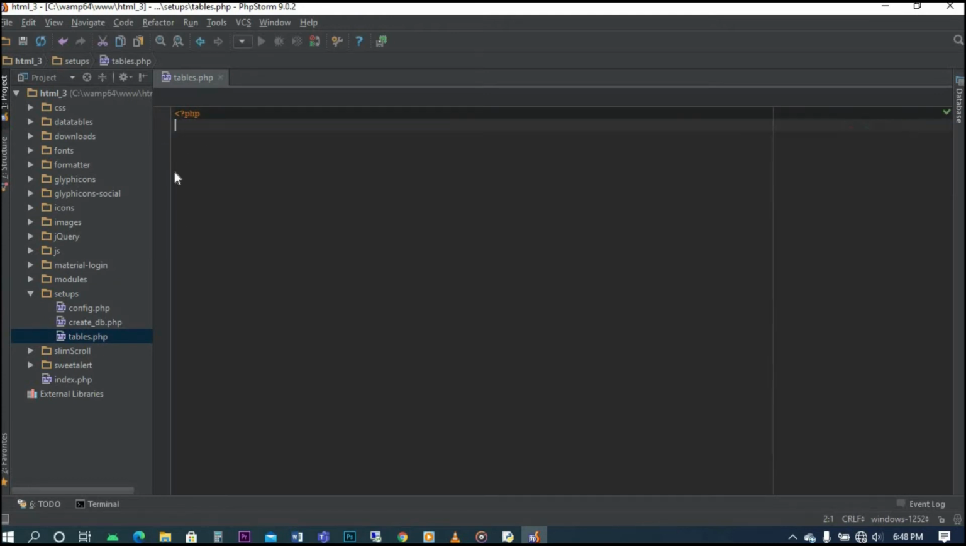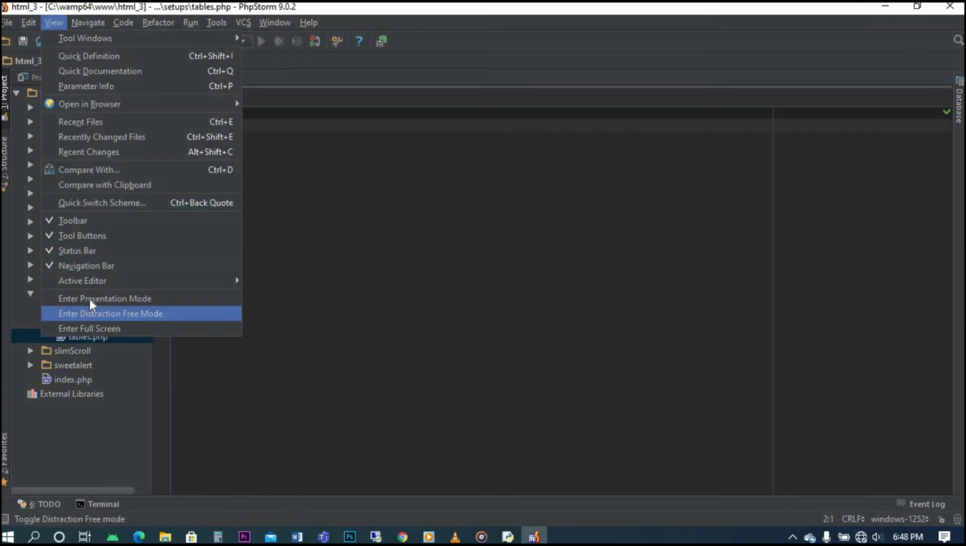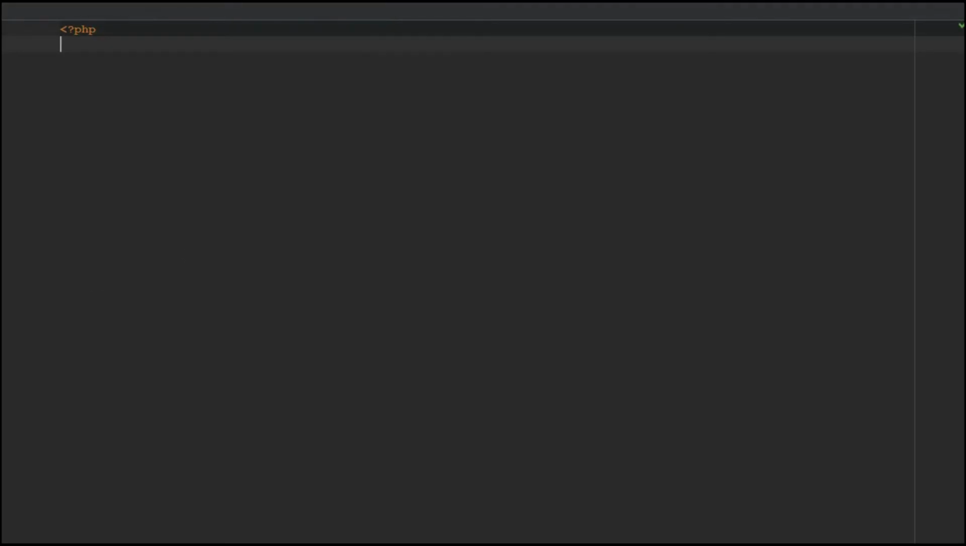Now we have a clean slate here. Let me flip to presentation mode so that you see the code well. What we'll be doing here is, we first have to define the query that you want to write. So bring a variable called SQL